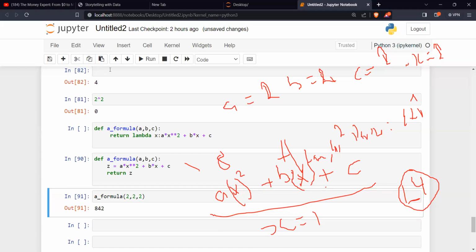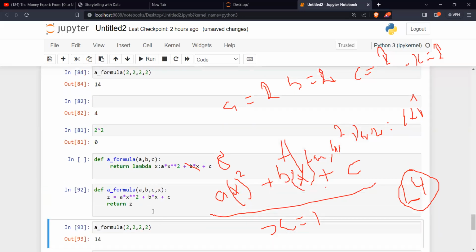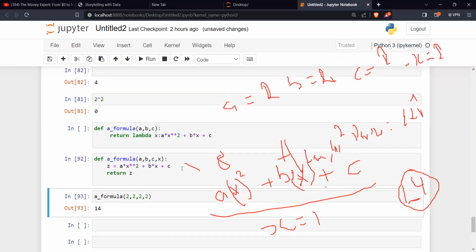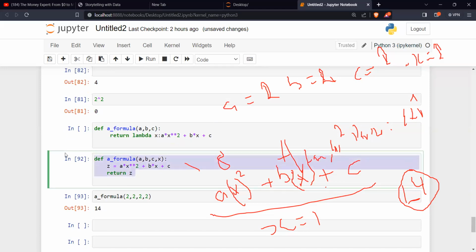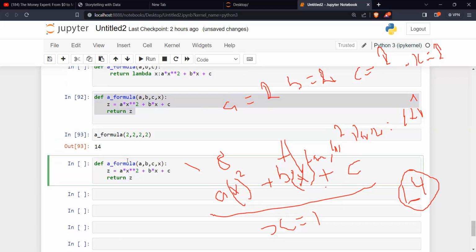Now, let us define X here. So you have put X here, right? Yes. So if I have 2, 2, 2, then I put comma 2 here, is it not? This is what we have done before. So instead of doing it this way, we'll now use what? A lambda function to reduce it.